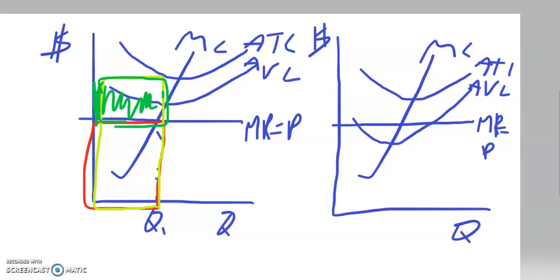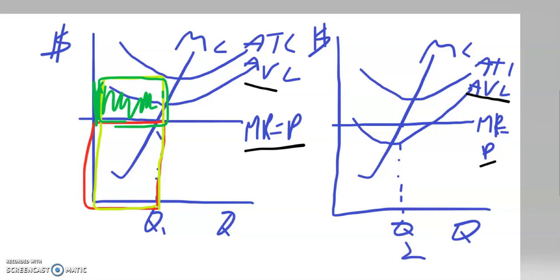Both of these firms, it's true that price is less than average total cost. But the one on the left, what you should notice is that the price curve is below AVC. While over here, the price curve is above AVC at our quantity, right? Because our quantity on this one would be right here. So at that quantity, at Q1 on the right side, or I'll call that Q2,